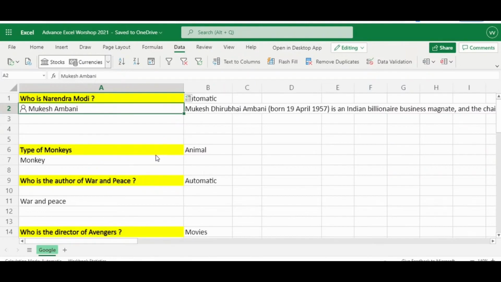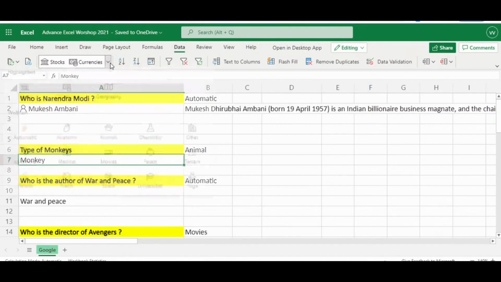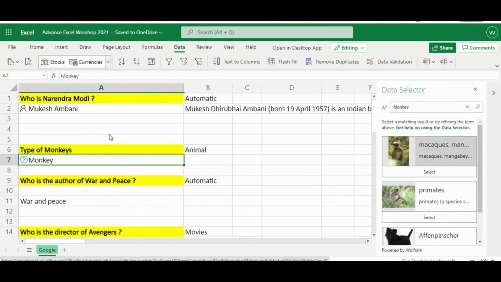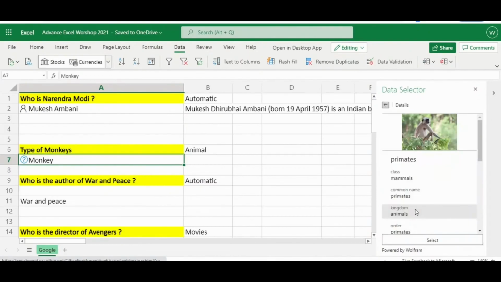You guys don't believe. And just not the popular names. Let's just, I'm writing an animal name. Suppose over here, types of monkeys. I don't know how many types of monkeys are there, so I just want to know that. So again, I'll go to the data and select the animal monkey category. Microsoft is giving me few options. Okay, because there are different breeds, I guess. So we'll go with this. Okay, I'll select it